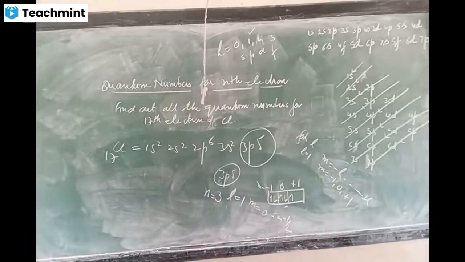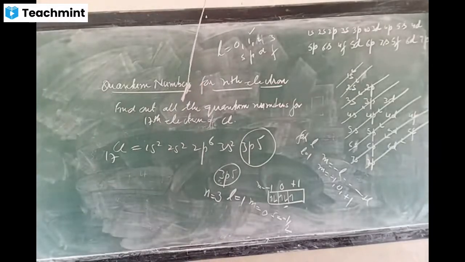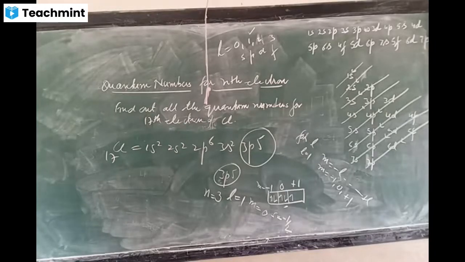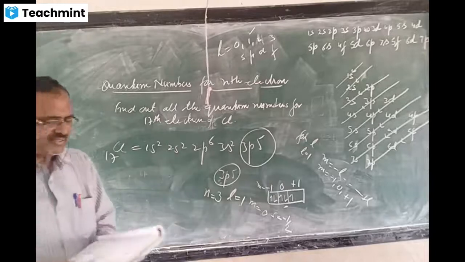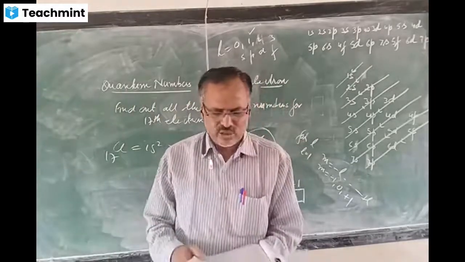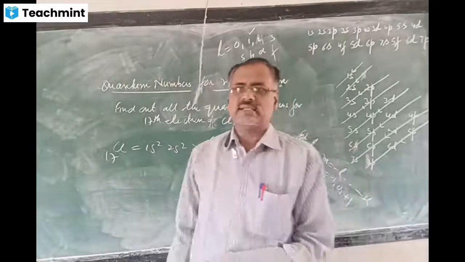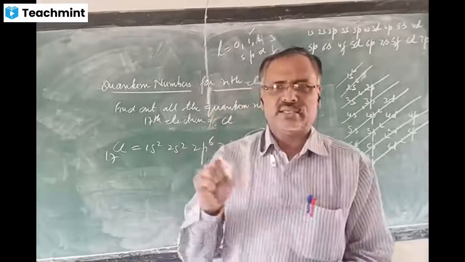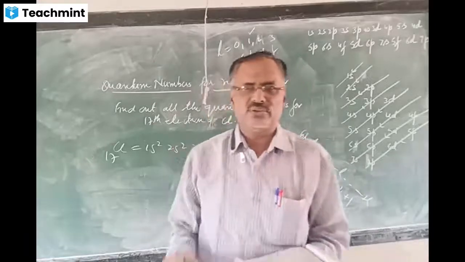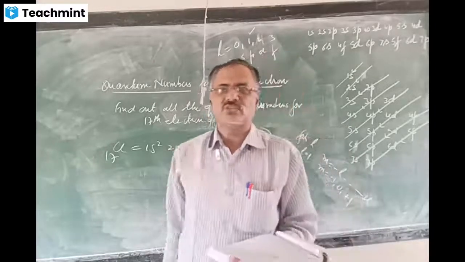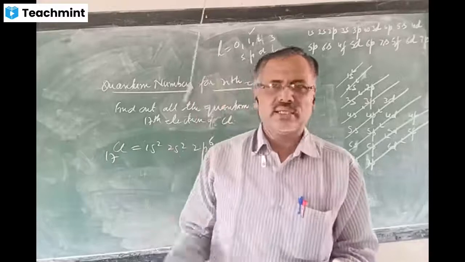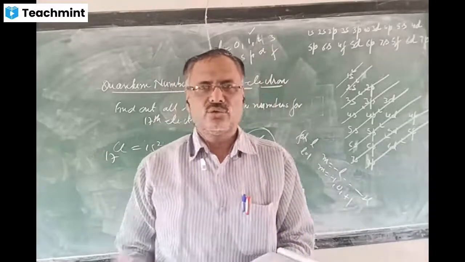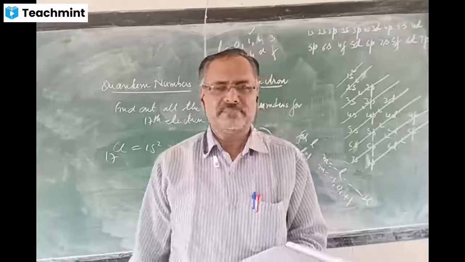Now next one. You have seen the electronic configuration, number of unpaired electrons and quantum numbers. Now just see the review exercise. Review exercise 2.6 is there. Here it is given, why can an orbital not have more than 2 electrons? When electrons are filled in any orbital, we follow 3 rules, but here we will write Pauli's exclusion principle. In an orbital, more than 2 electrons are not possible because no 2 electrons in an atom can have the same set of 4 quantum numbers.